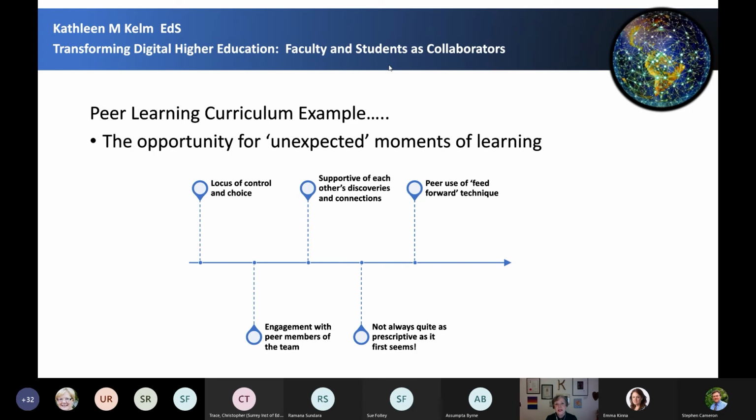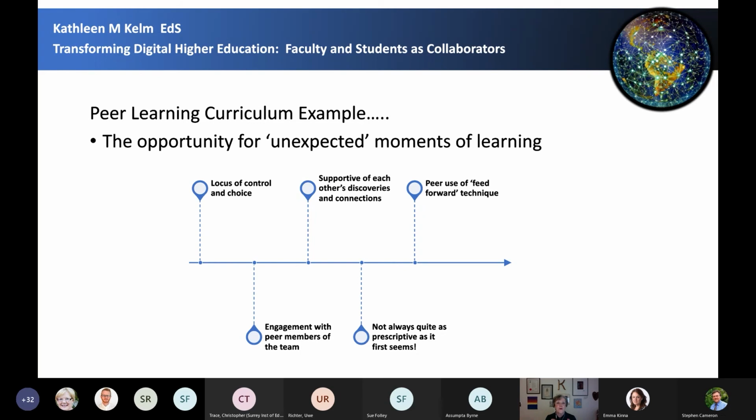What's been interesting is that they've become more supportive of each other's discoveries. One person wanted to go out and try a technology, wasn't really sure if it would work, went out and reported back on what that person learned. And that caused others to go and look. And then we had a conversation in class about the commonalities of their discoveries and how it related back to one of the goals of the course.